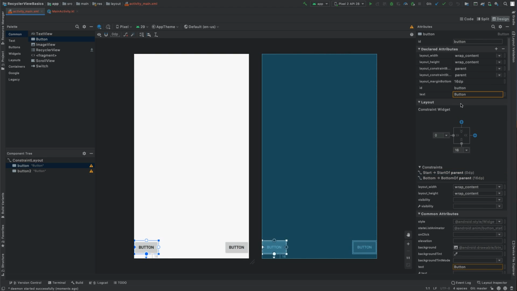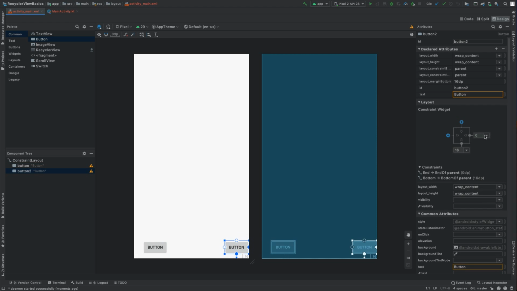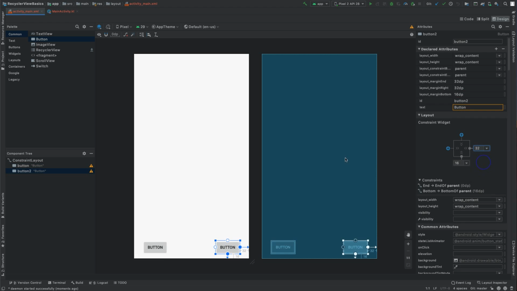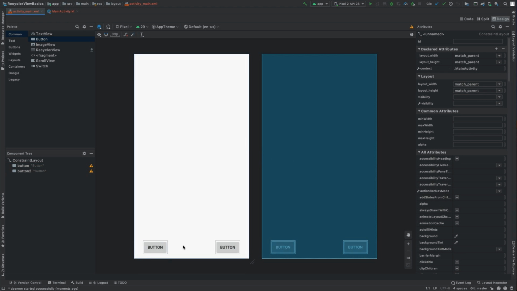Maybe this one will say, make it 32 out from the sides and 16 from the bottom. Again, make it whatever you want it to be. I want to update the text on here, but to do that I need to